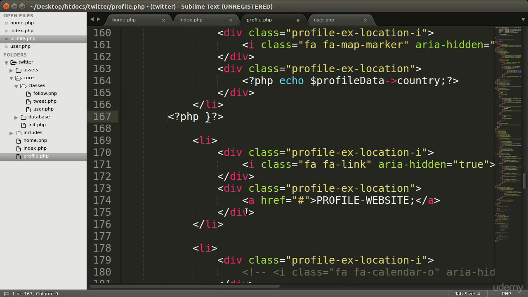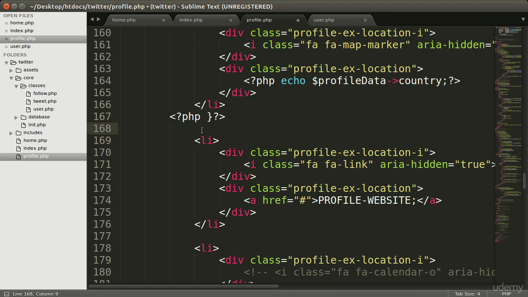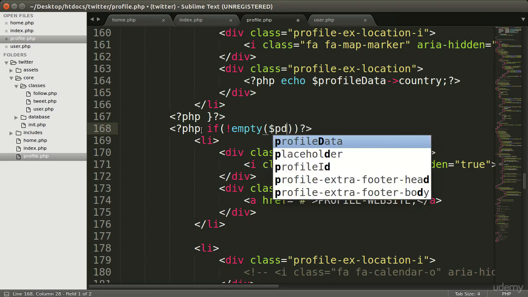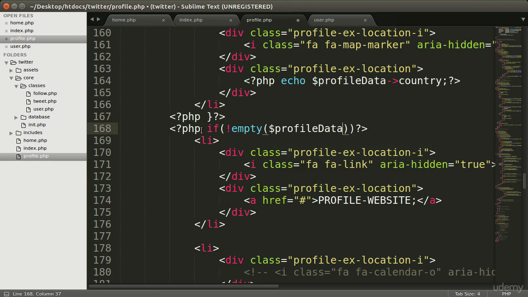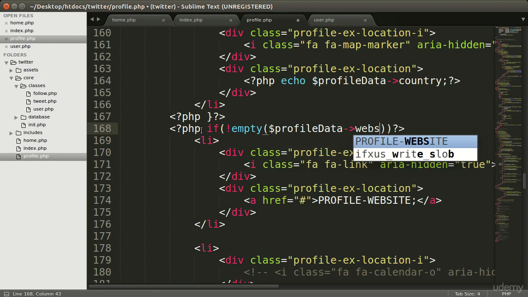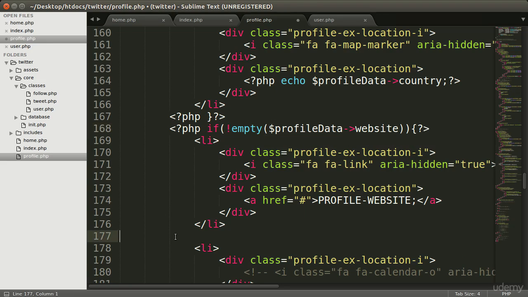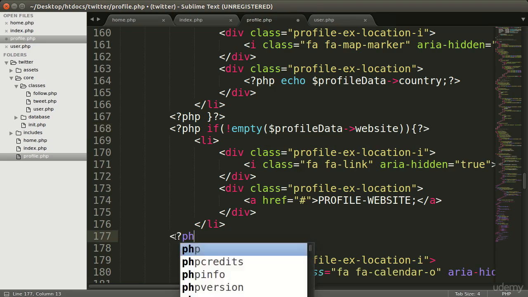Now scroll down, and here will be the profile website. So again, open and close PHP tag, create an if condition to check if the profile website is not empty. So exclamation mark, empty function, profile data, and here will be website. Open curly brackets and close here,